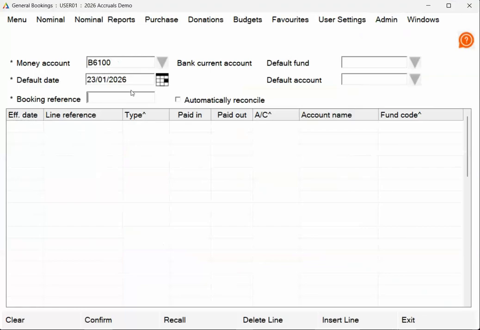So let's say we were doing April's transactions, and our default date, so you'd enter the entry in here, and the type, this one's going to be expenditure, so it's the money paid out, and then the account code,